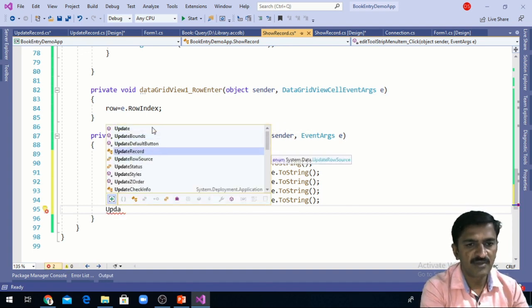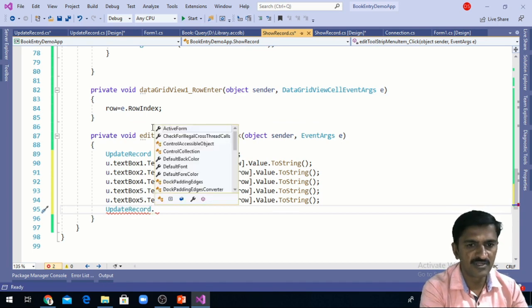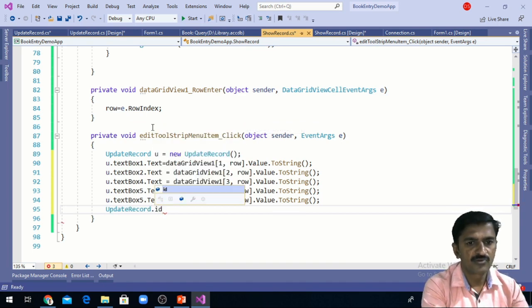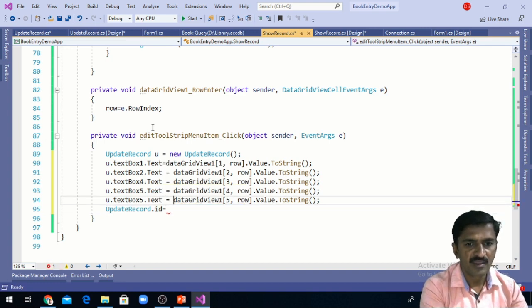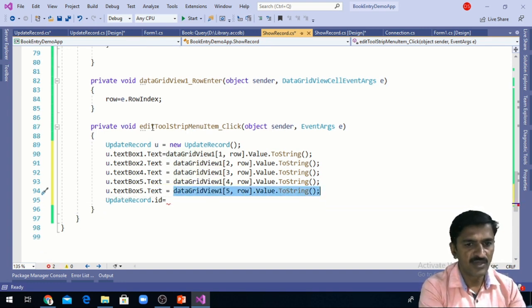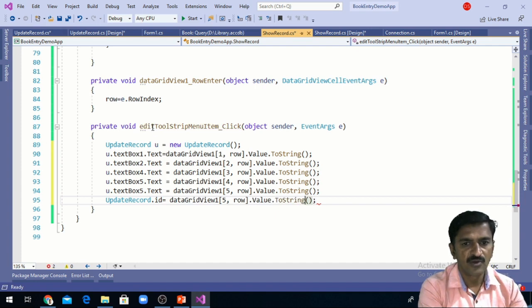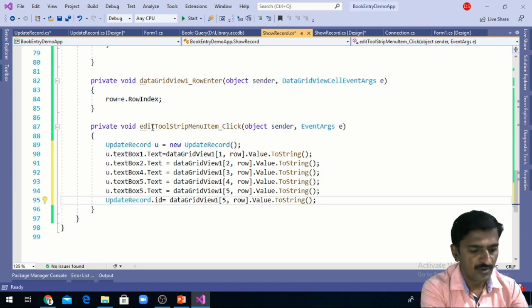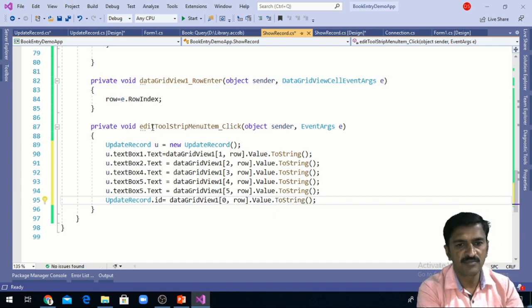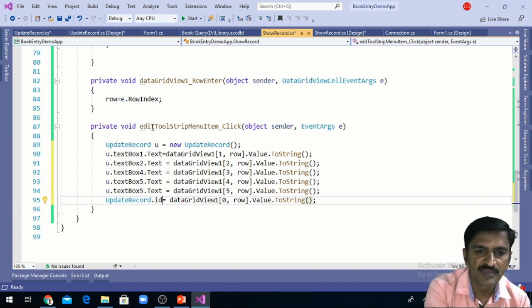So for that I am accessing the static variable by using class name. So update record dot id is equal to, I am accessing the value of first column in data grid row. So I can access the first column like this, and I am assigning the first column value to the id variable of update record form.